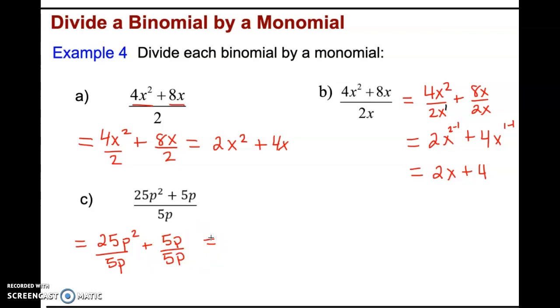And what that's going to give us is 25 divided by 5, we know is 5, and p squared divided by p, 2 subtract 1 in your exponent, we'll be left with p to the power of 1, or just p, plus 5p divided by 5p. 5 divided by 5 is 1. P to the power of 1 divided by p to the power of 1 gives us p to the 0, which is 1. So we're left with plus